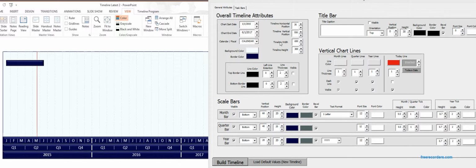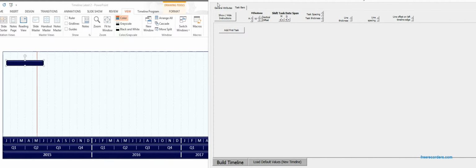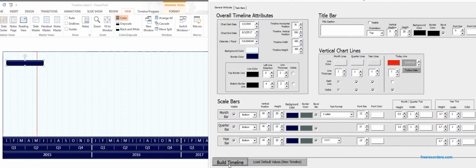So let's say that we just wanted to create something where we could see the background and not have to worry about the background and the scale, not have to worry about the taskbar. You can always just click on this when you're done and hit delete because all it is is a drawing object from PowerPoint. But you can also go in here before it's generated, click on delete task, and then you're just looking at the background attributes. So I just want to suggest keeping this in mind for any sort of timeline that you're starting with, whether it's